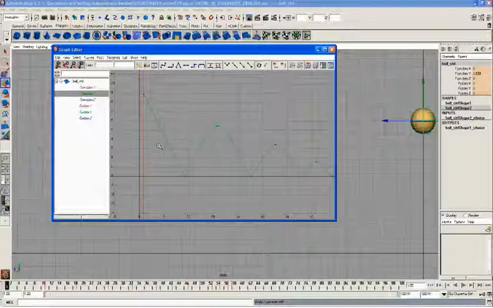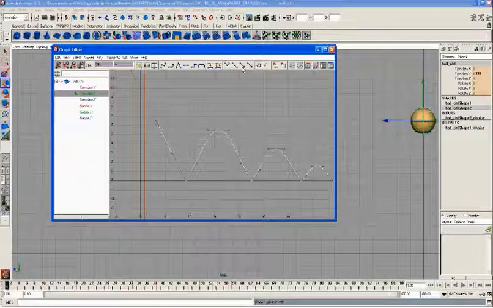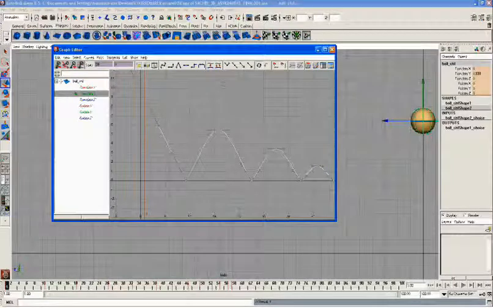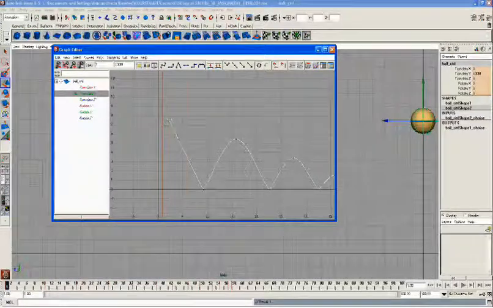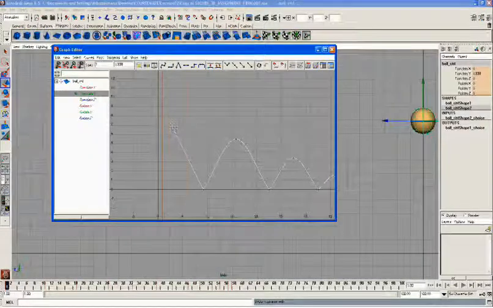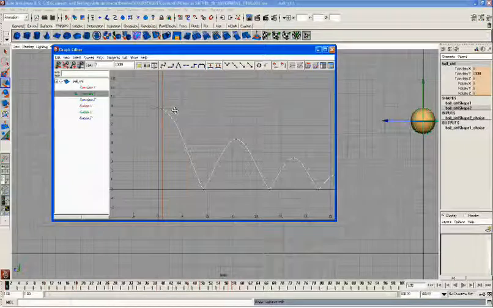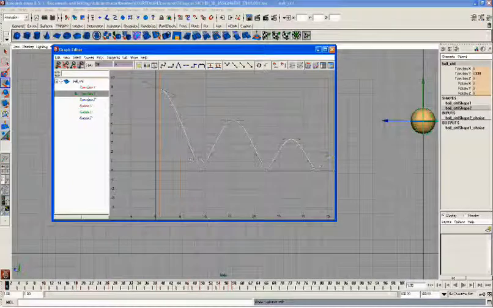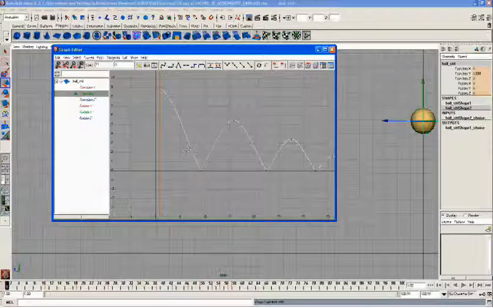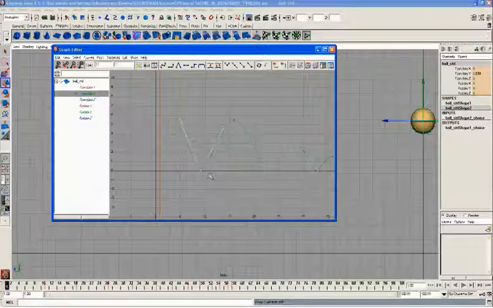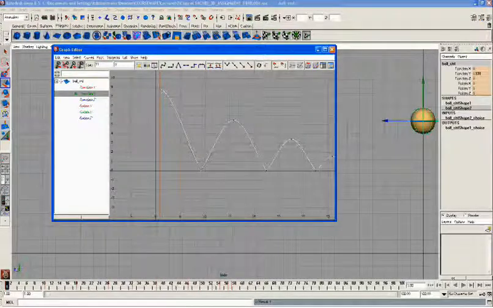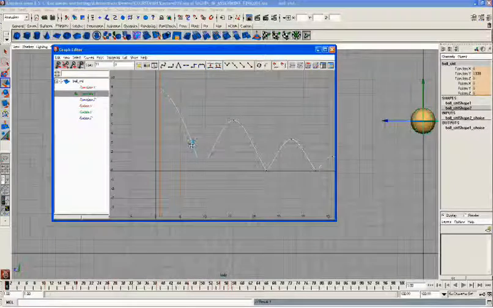So what we'll do is, we'll select the full curve and make it a weighted tangent here, so that we can adjust it in this direction as well. First thing I'm going to do is adjust this, and as you can see, the full thing is moving just like what we did previously. So I'll select this curve, break it, and then I can move it in this direction.